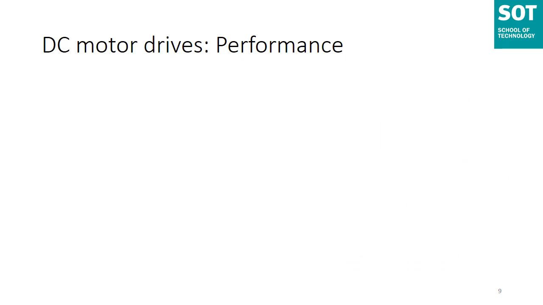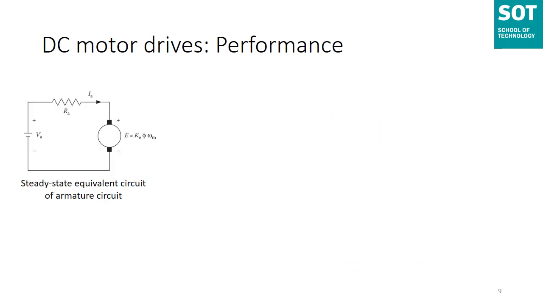If we look into the steady state equivalent circuit of the armature of a DC motor, it looks like this. The resistance Ra is the resistance of the armature circuit. For separately excited and shunt DC motors, it is equal to the resistance of the armature windings. For series and compound motors, it is the sum of armature and series field winding resistance. This is nothing but the same thing which I am saying, as we can see in the figures in the previous slides.